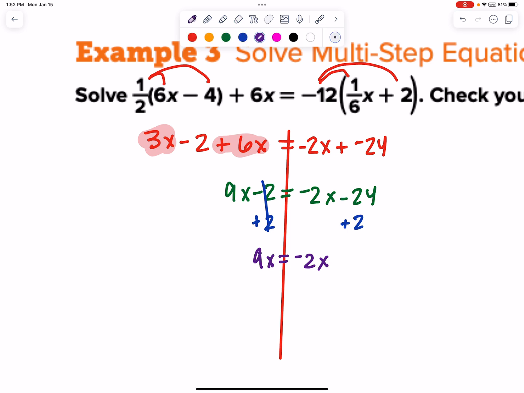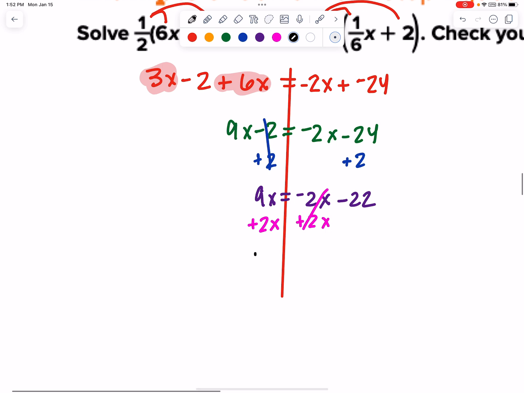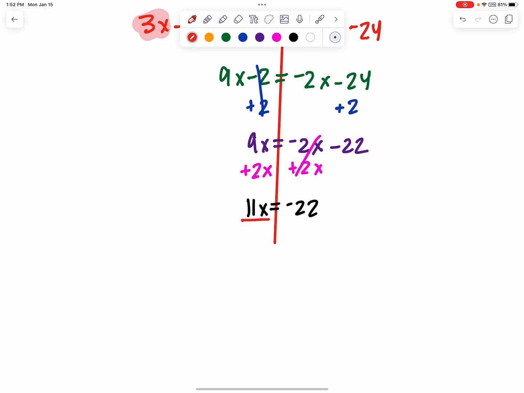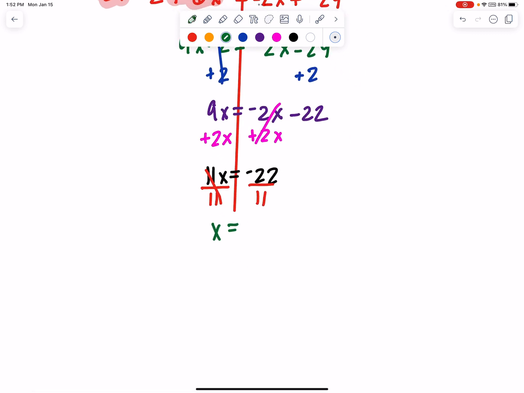So we have negative 22. Okay. We got to get all the x's on one side, so add 2x to both sides. That whole thing goes away, and we are left with 11x equals negative 22. Isolate our variable, divide by 11, and that puts us at x equals negative 22 divided by 11, which is negative